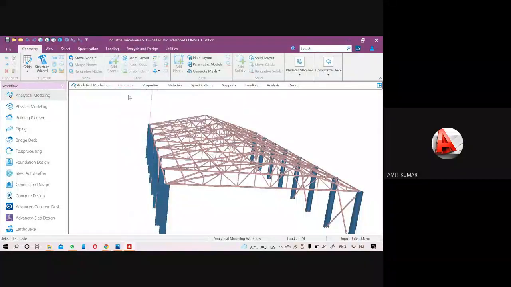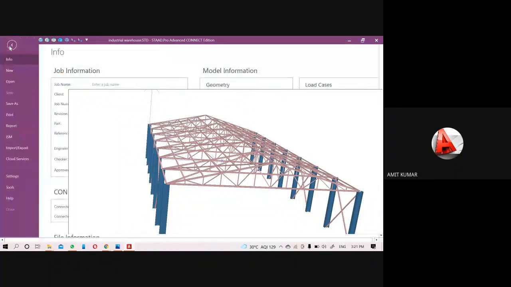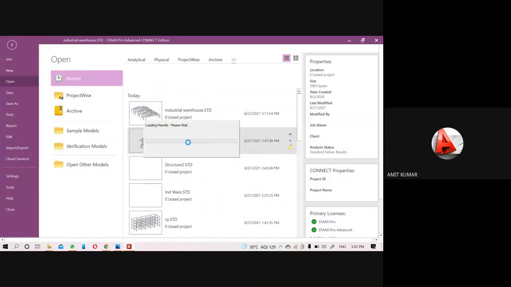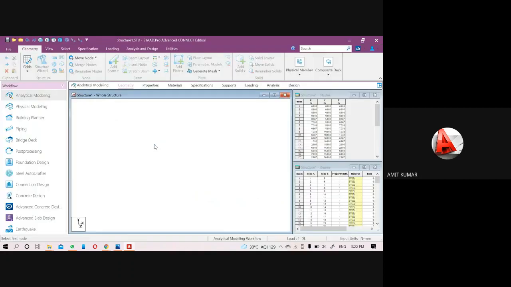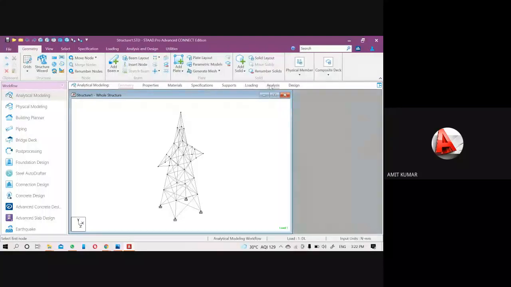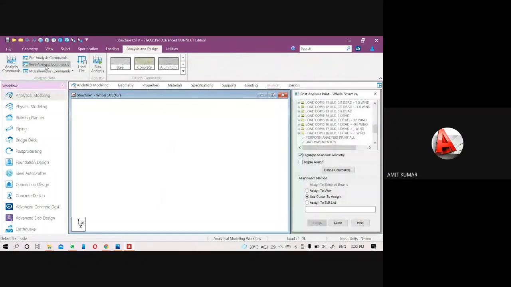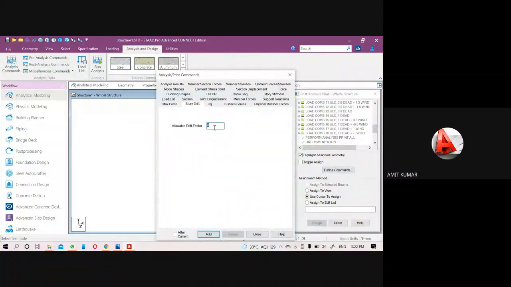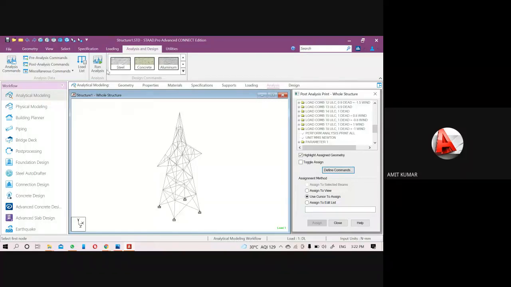Let me check for your transition tower whether I applied it or not. I think in your structure... sorry, in the transition tower, I didn't add the story drift. So you can add it through the analysis menu. Come to the post processing, go to the define command, select the story drift value for the 0.0025 for the wind load, and run the analysis one more time.